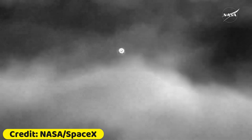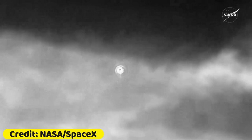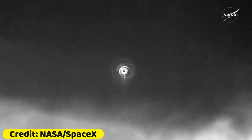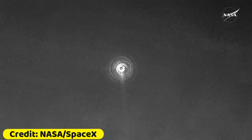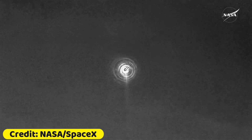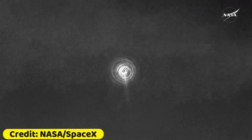Pretty incredible views of the Dragon spacecraft making its way home back to planet Earth with the Crew-9 astronauts on board. Once again, this view is coming from the WB-57 plane. That heat shield we can see doing magnificent work as it works to...